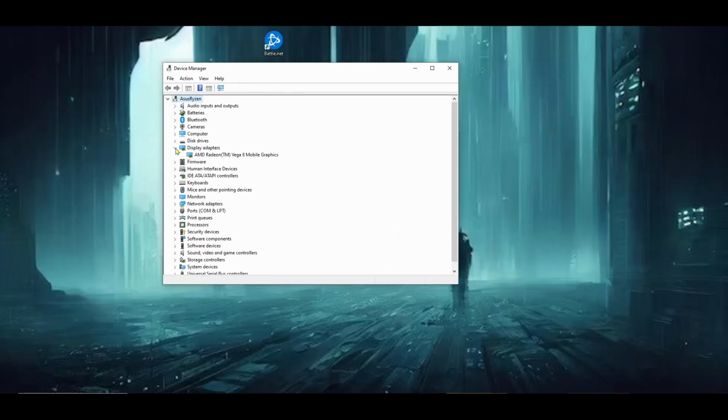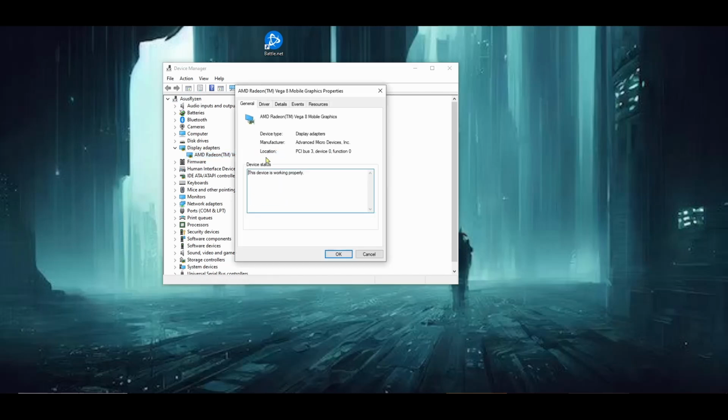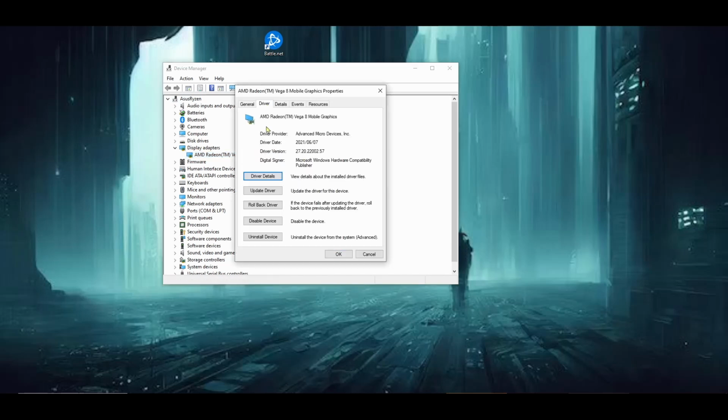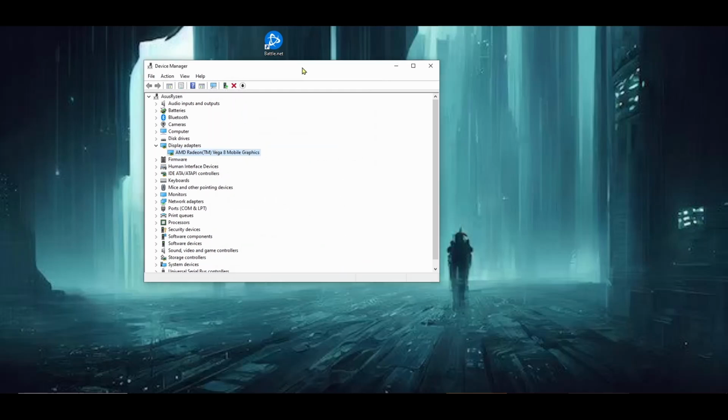Alright, and then you go down to Display Drivers, Adapter, right click, Properties, Driver, and then you can roll it back and restart your computer and see if that fixes the problem. Otherwise you can just uninstall the device. Just right click again, uninstall the driver,